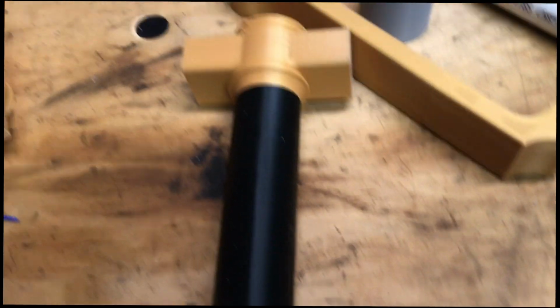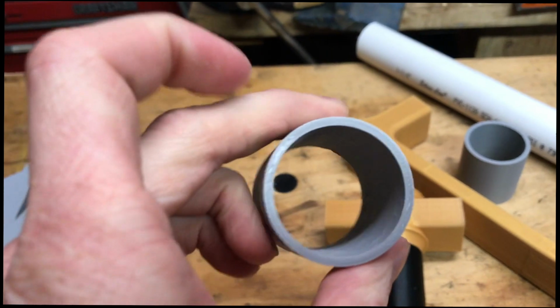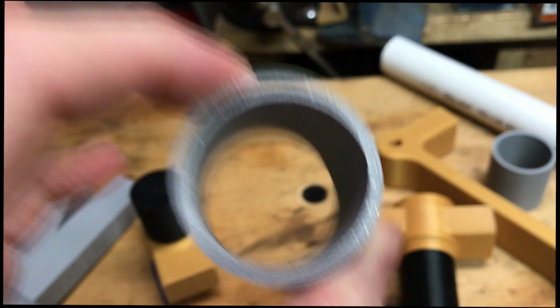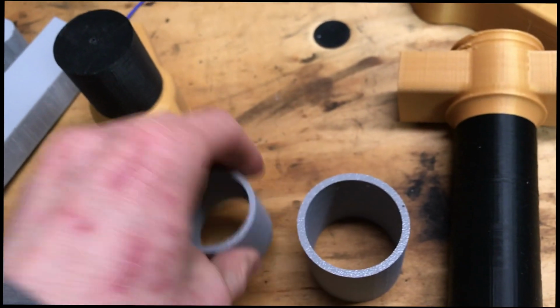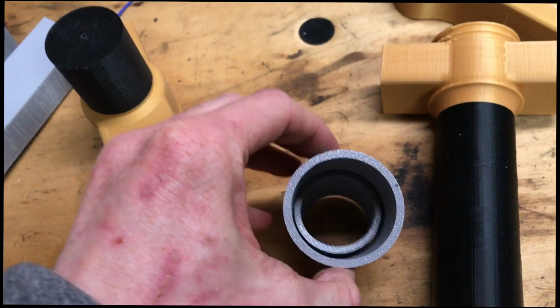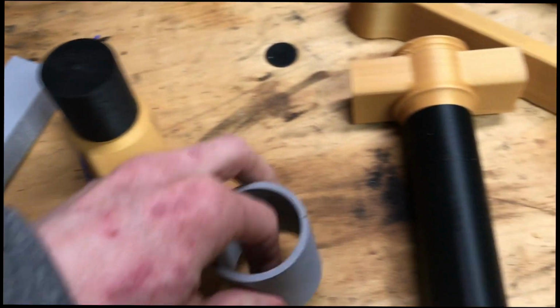Okay, so now to show how this piece goes together. This piece goes on the PVC pipe. This is the one that was included in the set of files from Thingiverse, but I had to enlarge it to fit on the pipe better. See the size difference. I increased it overall by 9mm. But anyways, the pipe's going to go right here,